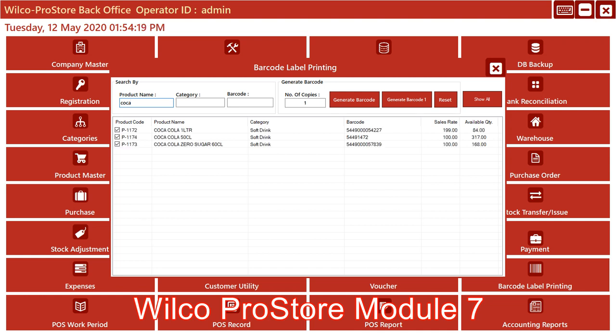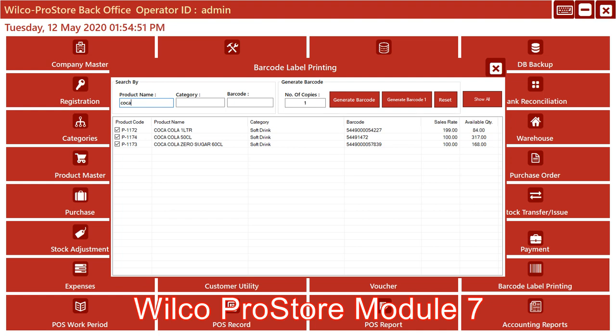Do you see now? Under the Coke, it sorts out Coca-Cola 1 liter, Coca-Cola 50 cl, Coca-Cola Zero Sugar 60 cl. Let's assume it's showing that you have 84 of this, and you sell this at 119. You have 307 of this,